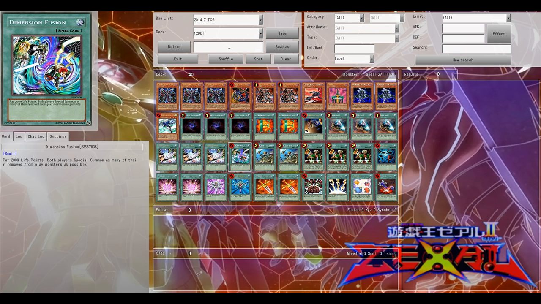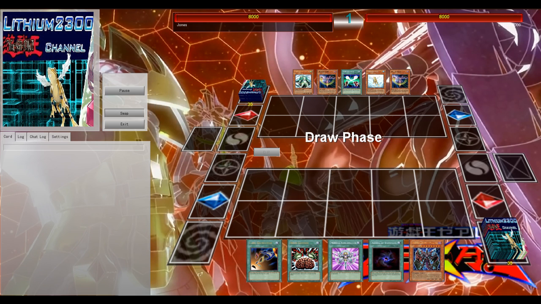You want to set up your grave and your banished pile, and abuse your Dark Magician of Chaos, and of course Dark Arm Dragon. And yeah, one of the most broken cards in the game, Dimension Fusion, as you will see in the duels. Okay, so the first game, I think he gets to start, yeah, and he has